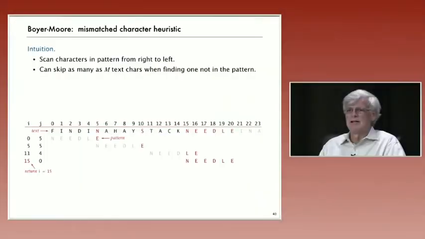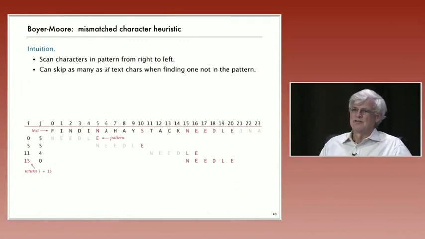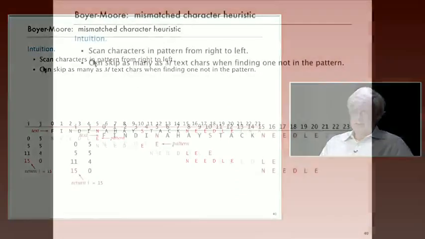So Knuth-Morris-Pratt is a linear time algorithm. Surely we can't do better than that, can we? Well, it's not the end of the story. Now we're going to look at the Boyer-Moore algorithm. And it's also a very simple idea that's extremely effective in practice. So here's the idea. Instead of